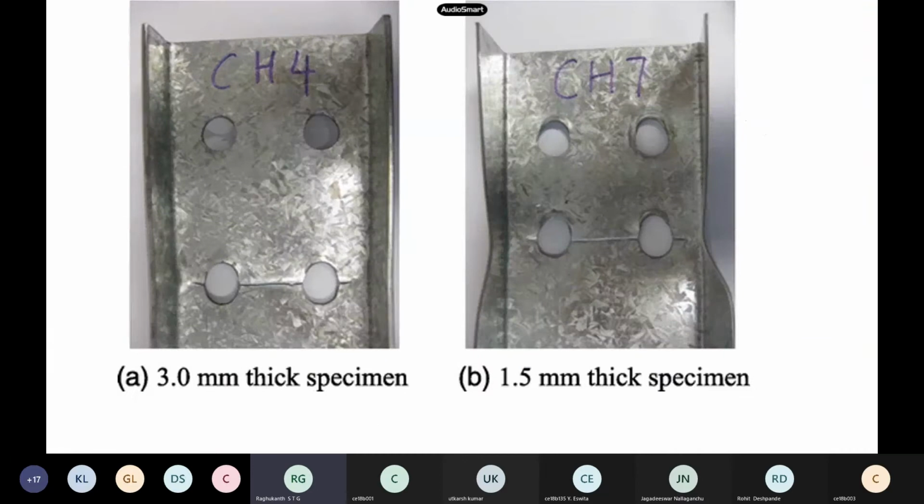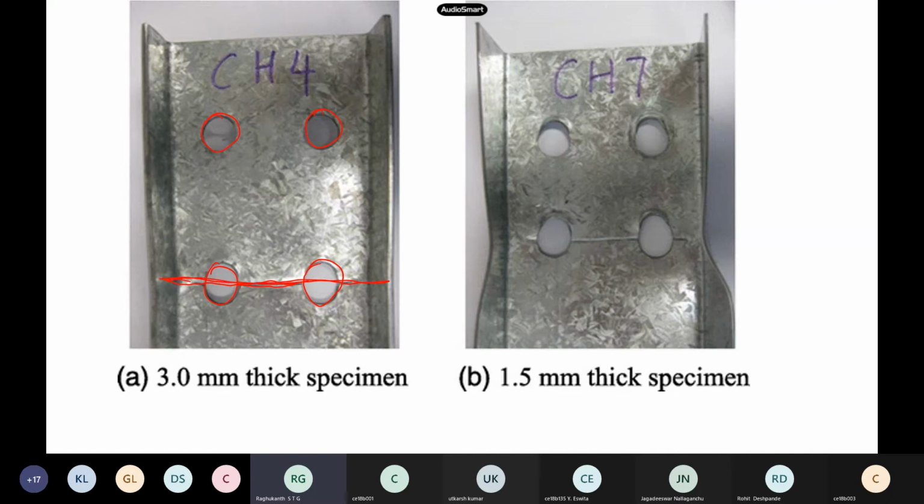So this is how you are able to see this figure. You can see how this tensile rupture phenomenon happens. This is a plate with 4 bolts. This is a channel section, which has been connected in a lap joint. So how has it failed here? What has happened? You can see this line here, a small crack. It has failed along this section here. You can see this crack also, and here also there is a crack.